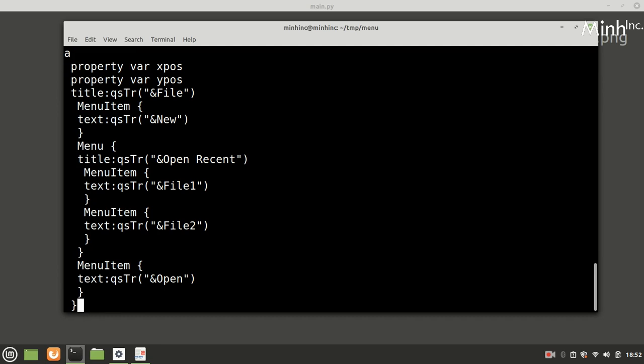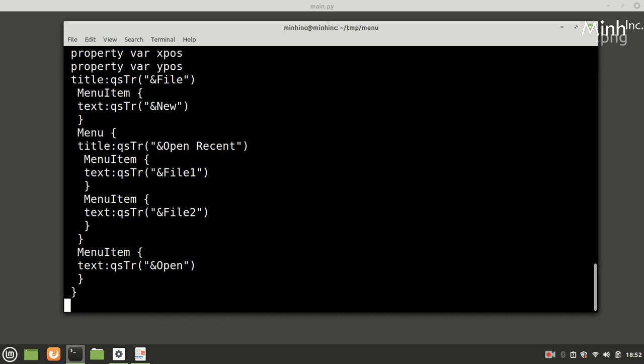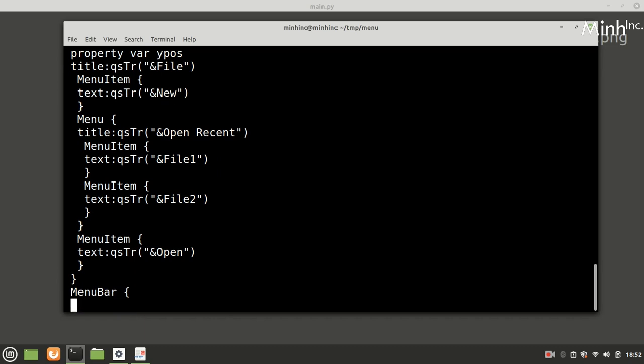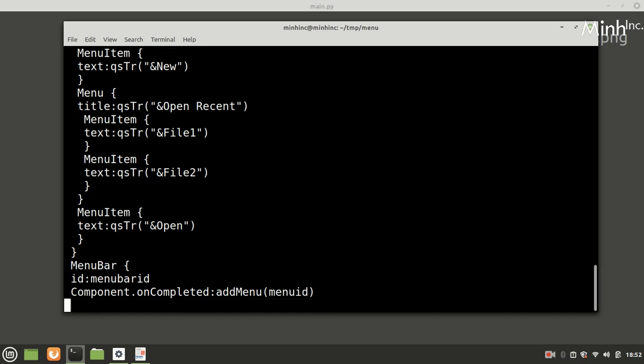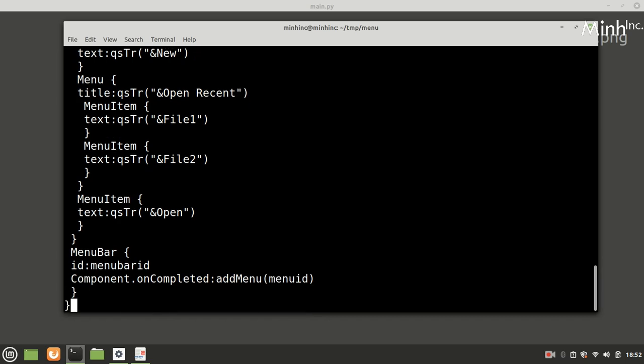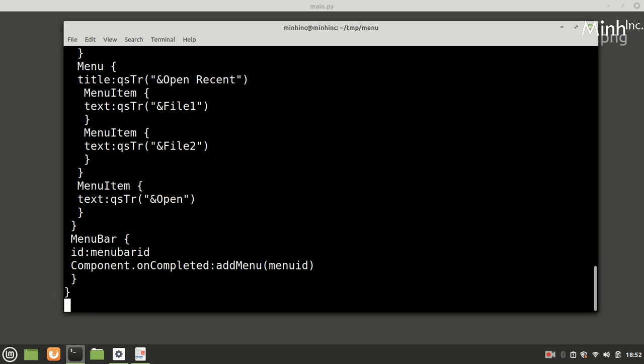Now quickly the menu bar: menuBar equals menuBarId, Component.onCompleted, addMenu(menuId), and so our application is over.